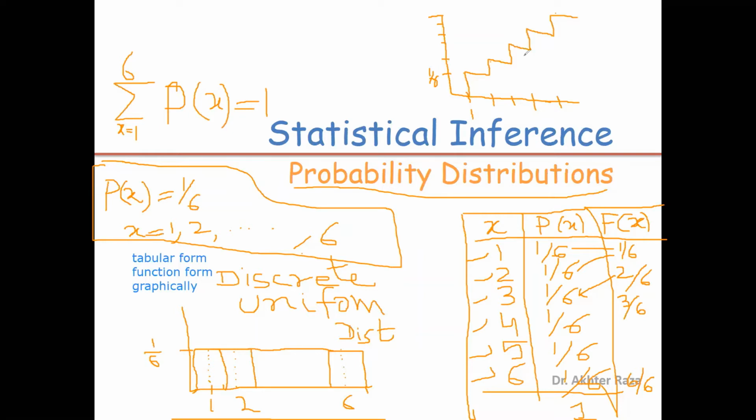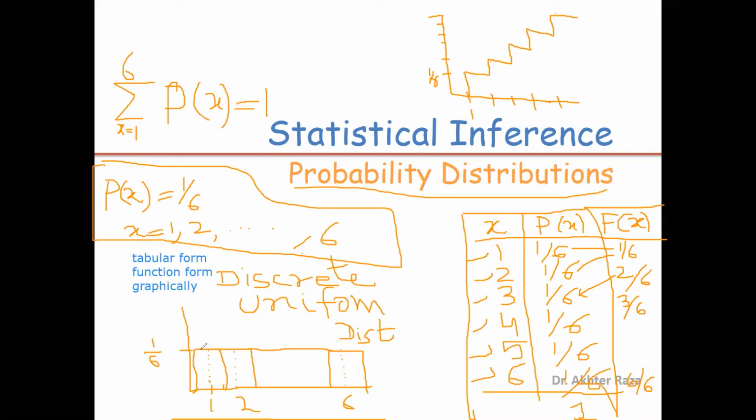Cumulative distribution plays a very important role, because most of the probability tables are in cumulative form. As all of you have seen, the table of normal distribution is in the form of cumulative probability, and sometimes the table of binomial probabilities is also given in the form of cumulative probabilities. The cumulative probability is very helpful for determining any probability within any interval. This is known as rectangular distribution. In a rectangular distribution, the height of each bar is the same.